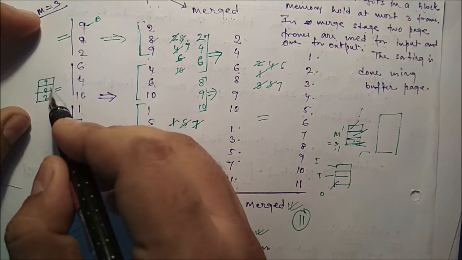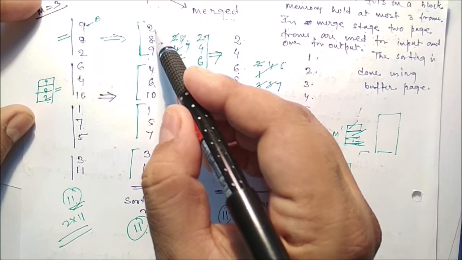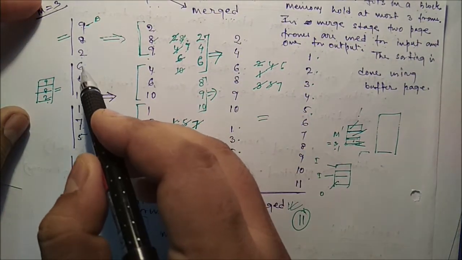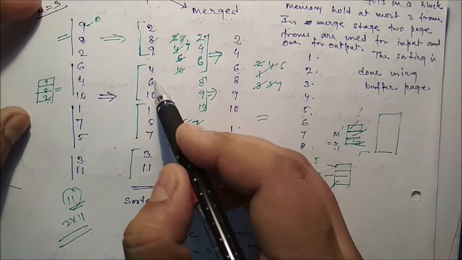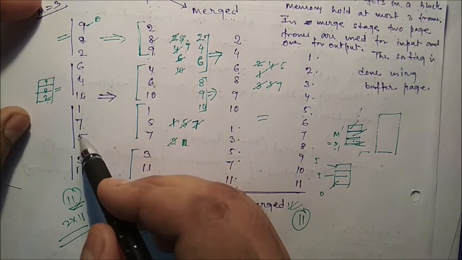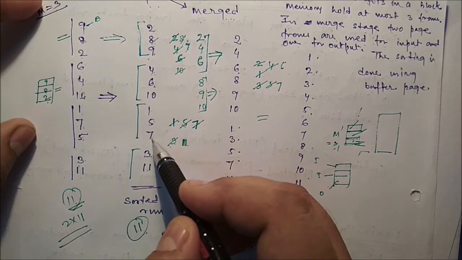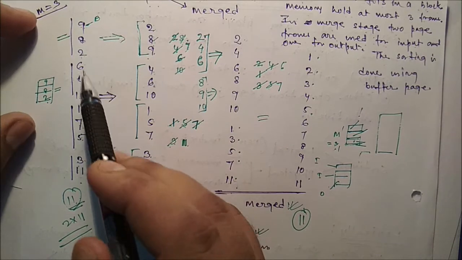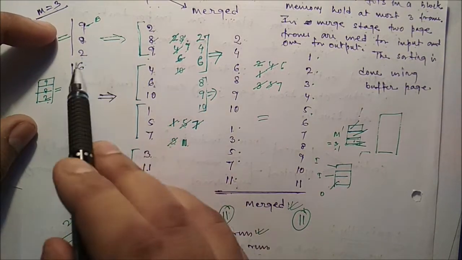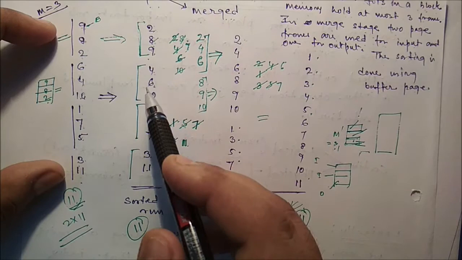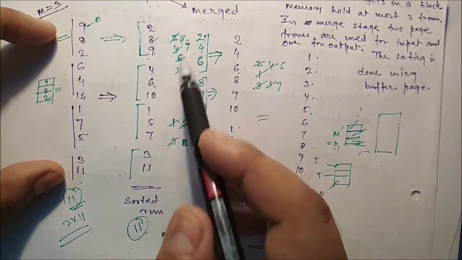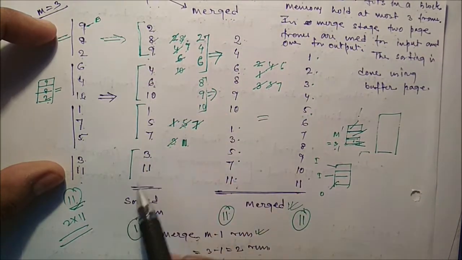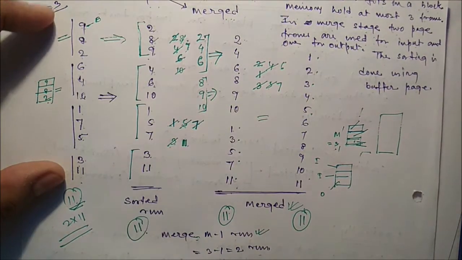After implementing the sorting algorithm, the output is 2, 8, 9. Next, take the next set of data, say 6, 4, 10, apply sorting, it is 4, 6, 10. Take the next set, 1, 7, 5, now it is 1, 5, 7, and finally 3, 11, it is 3, 11. We just pick up the sets of data one by one and apply the sorting algorithm, and this part is called sorted runs. After applying the sorted runs, we have this particular set of data.